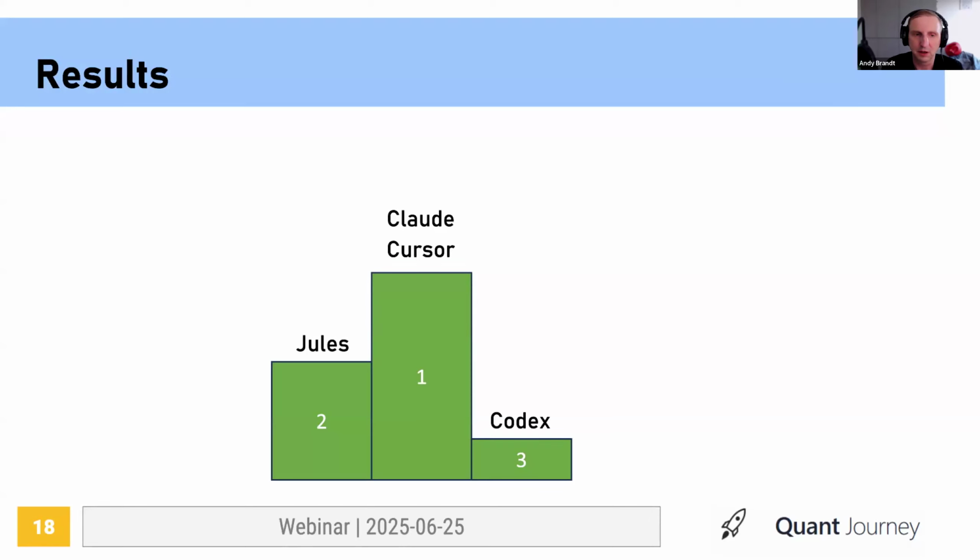Now Jules did a very ambitious refactoring. However, it created one huge class, and it didn't work. It took me some manual tweaks, like 10 minutes of work, and then it worked. Now, both Claude and Cursor, and in Cursor I used Gemini as the AI model, produced a working refactor.